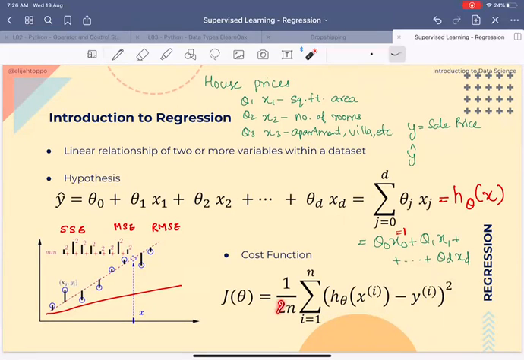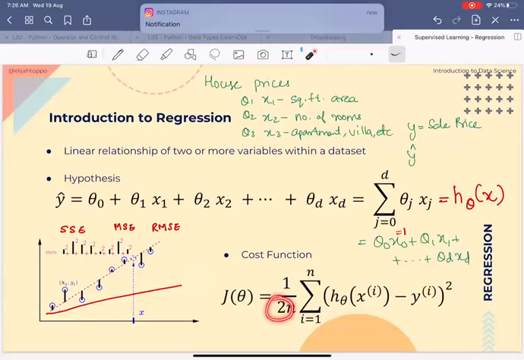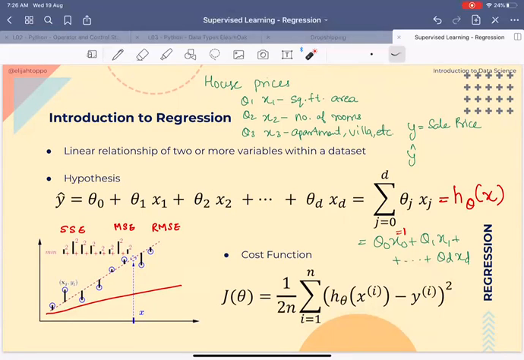So will this additional half change anything about my values of theta that we are trying to learn? No, right? Whether I minimize the actual cost or half of this cost, my final answers of theta will not change because of this half. So this half is doing something else. And we will talk about this when we look into gradient descent and what gradient descent is doing. Okay. So this equation, we term it as J of theta, which is the cost of the model.